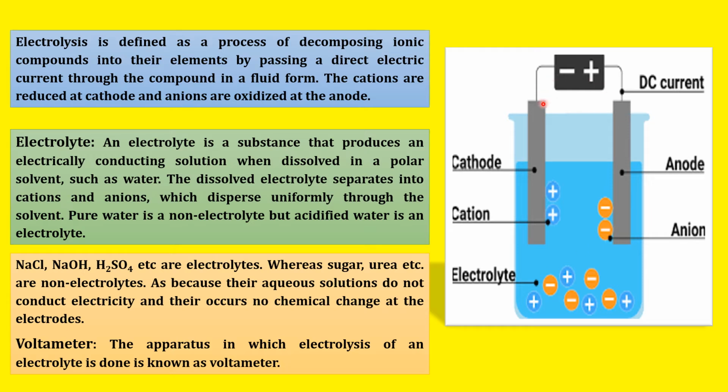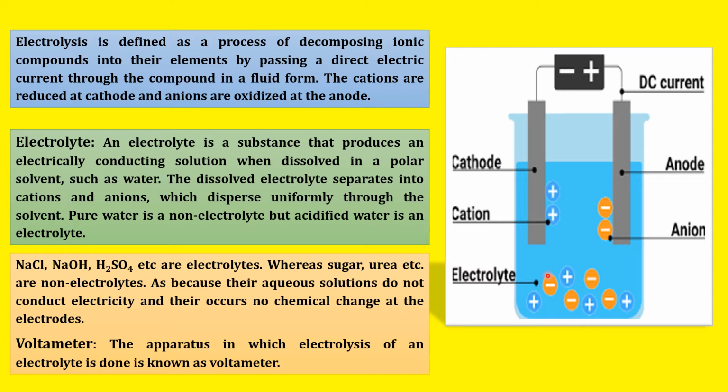The second one that you can see, these gray colored things, two things, are called electrodes. One is positive and another one is negative. But always remember, cation is positive. Cation goes to cathode, so cathode will be negative. And anion is negative, so anion goes to anode, which means anode will be positive.